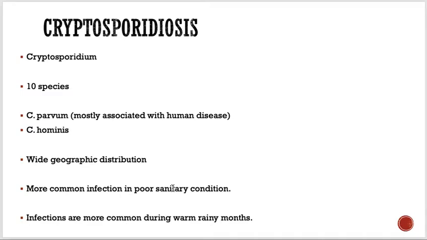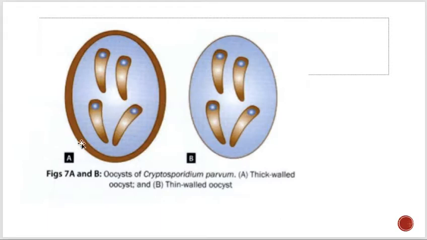And the infectious dose can be very low, around 10 oocysts are enough to cause infection. So whenever anyone is exposed to even 10 oocysts, they may get infected. But sometimes people who are already exposed, or who already had cryptosporidiosis, need a high inoculum. A high inoculum means they need more oocysts to get infected.